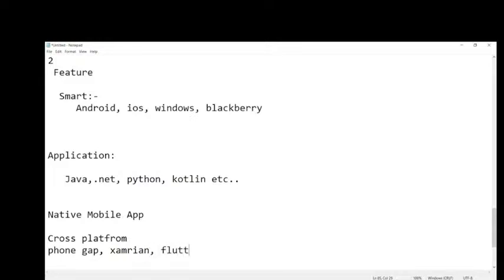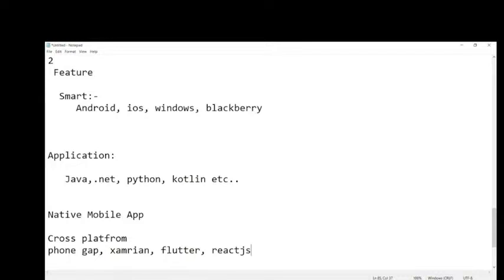Flutter, React.js. These are some of the tools with which we can build such applications, but they cannot support it that easily. It is heavyweight, so it takes time to load those applications. That is the reason we are going with the flexible environment, native mobile development.